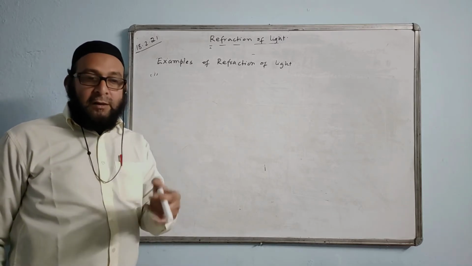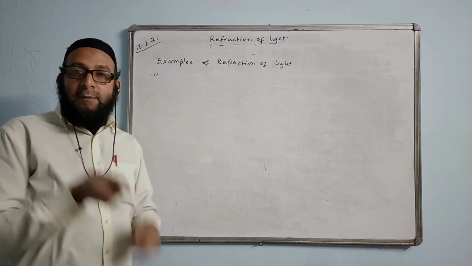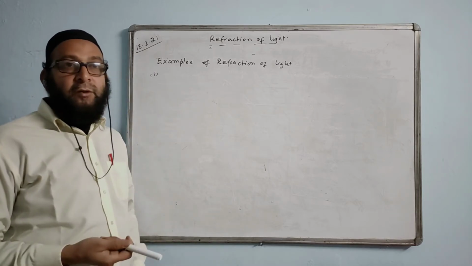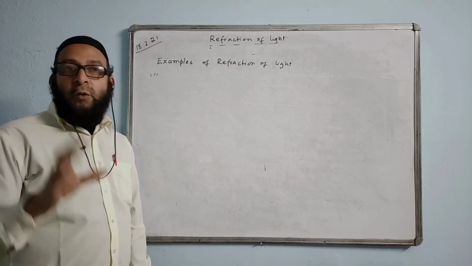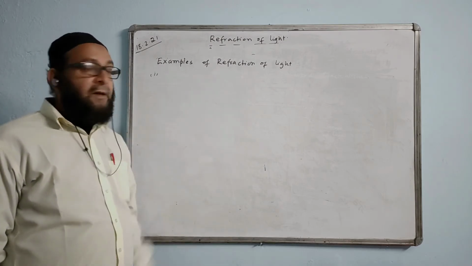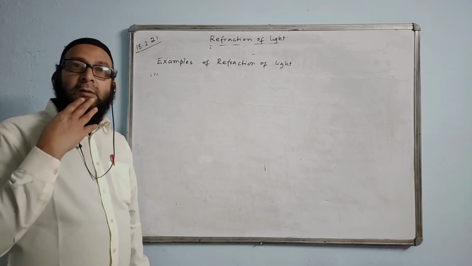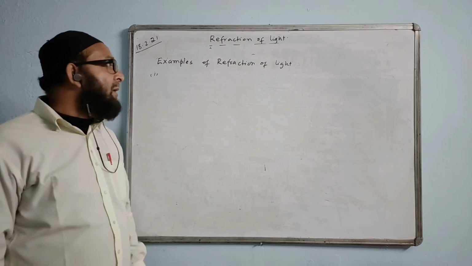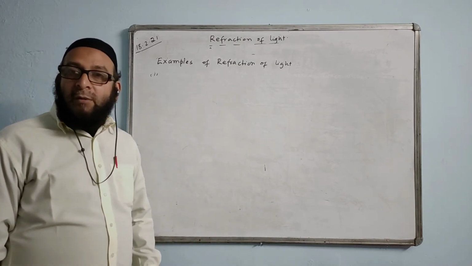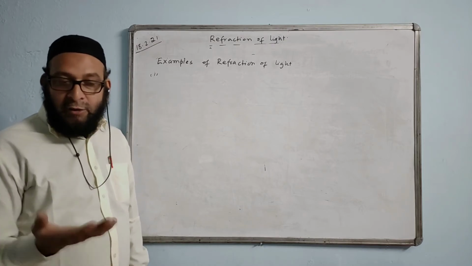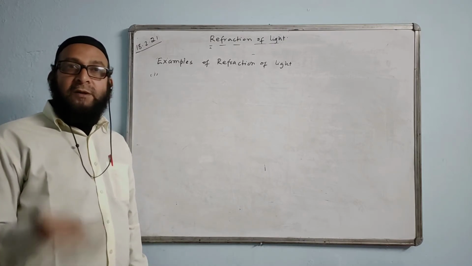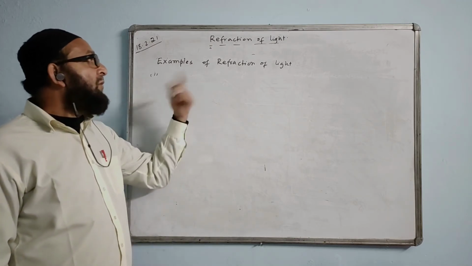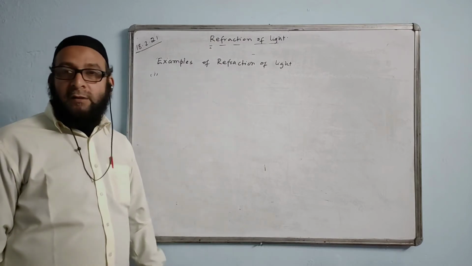The bending of a stick underwater. You know, when a stick is immersed in water, it appears to be bent. So, what is the phenomenon of light responsible for it? We say refraction. Twinkling of stars is also due to refraction of light. The apparent depth and the real depth, those are different depths, that is also due to refraction. The bottom of a water tank or a swimming pool appears shallow than its actual depth. What is the phenomenon of light responsible for it? We say refraction of light.